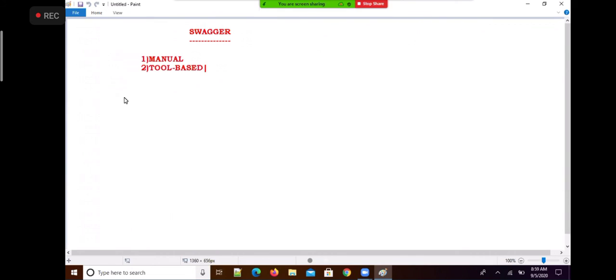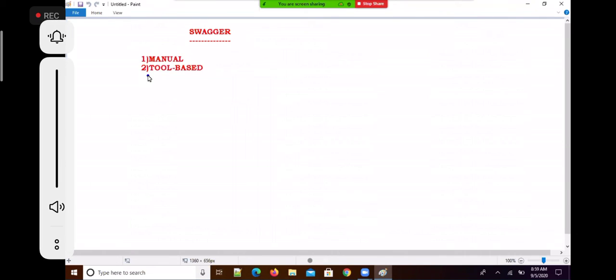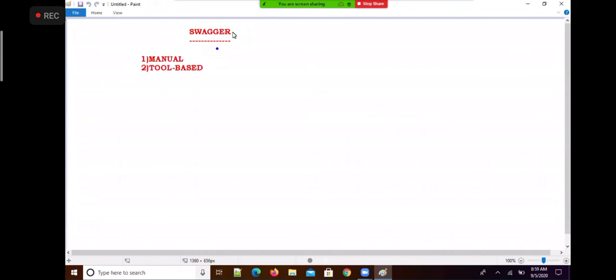So what we are discussing in the session today is a tool called Swagger. Swagger is a specification, and by using this Swagger tool, we can prepare the documentation for the REST API.